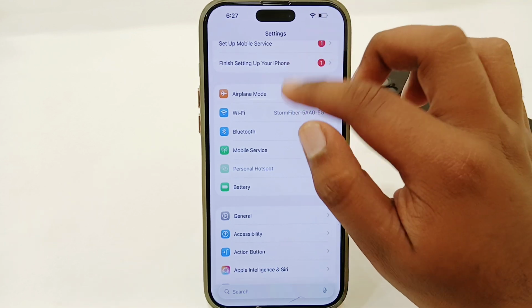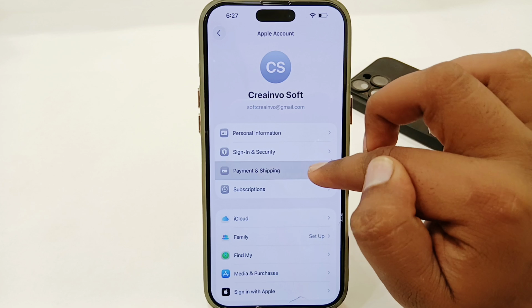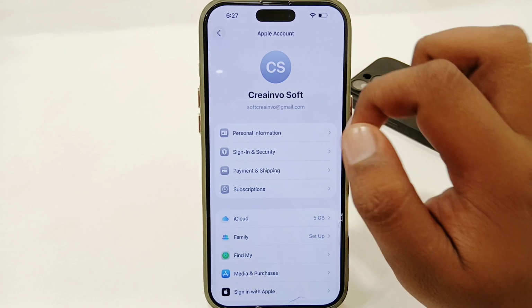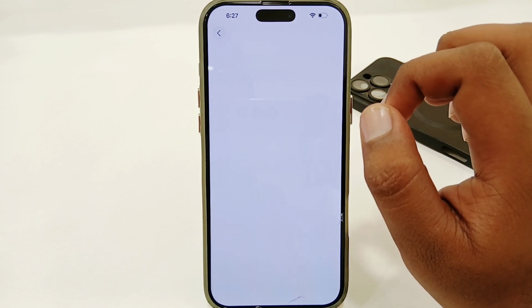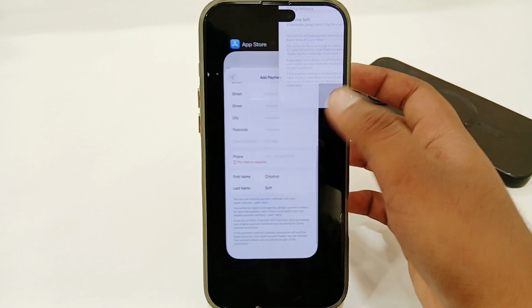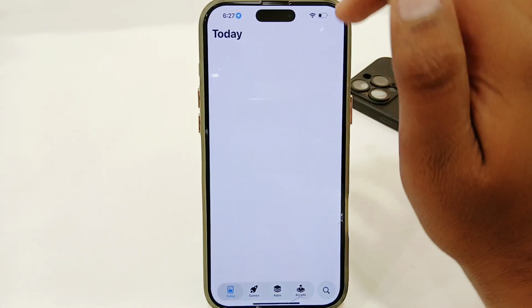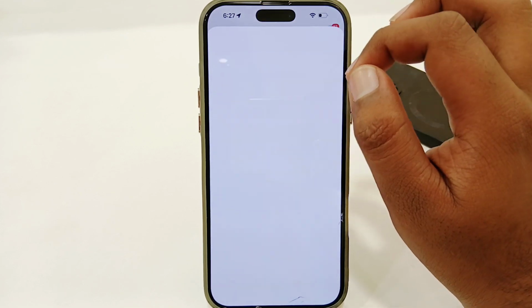And after doing that, you have to simply tap on your Apple ID, then tap on payment and shipping, and here you will find your payment method. So first you have to remove your previous payment method from here, and once you have removed it, you have to go back, then open your App Store, tap on your profile in the top right corner, select your account from here,